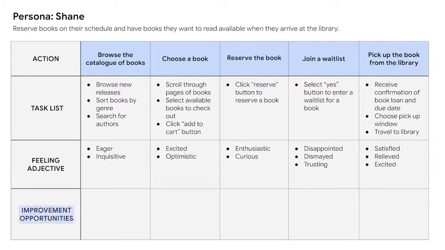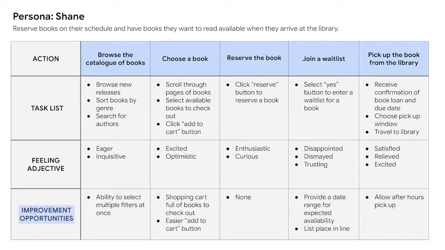And finally, step 4, add improvement opportunities. This is where we'd identify new ideas to improve each action in the user journey. For example, Shane's experience browsing the catalogue of books could be improved with the ability to select multiple filters at once. You can come up with lots of ideas for potential improvements to your design during this step, like I've